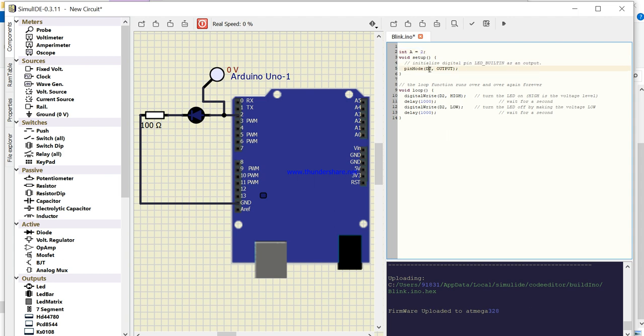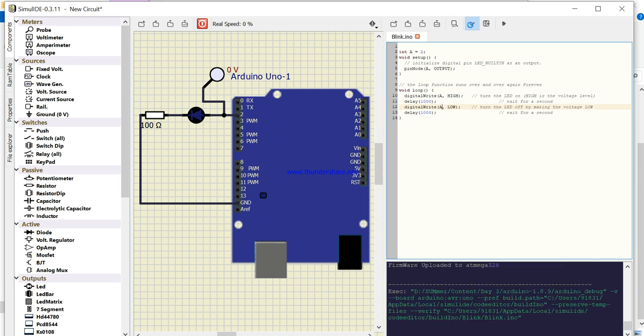Now I will change the code to capital A, again change the code to capital A, and again capital A. Let's hit compile.